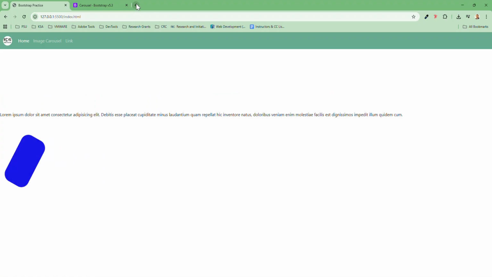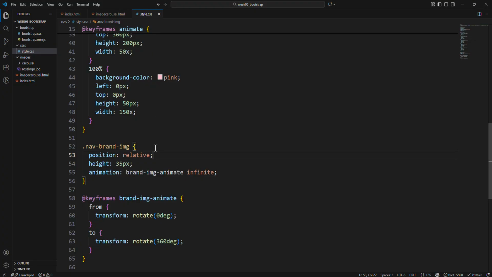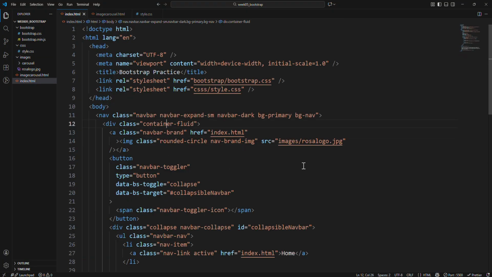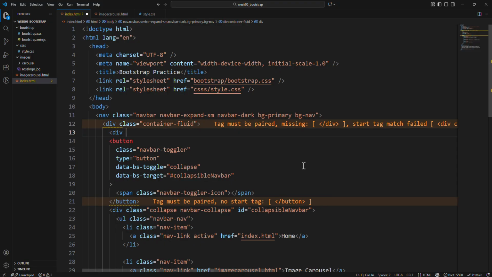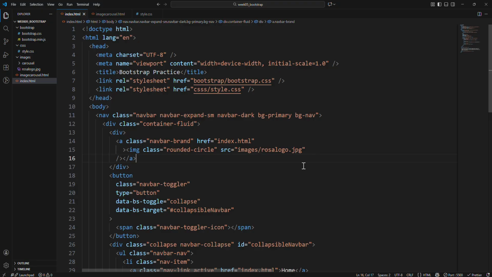Okay, so what I want to do here is make that brand image, or maybe not a brand image, just an image, and remove that thing. Because I'm inside the div container, maybe I can put this brand one inside. I cut it with Control X from here, and I add a div and close it. And then inside the div, I put my